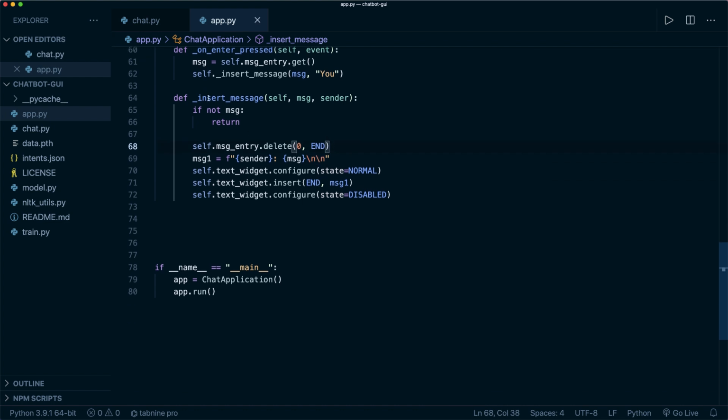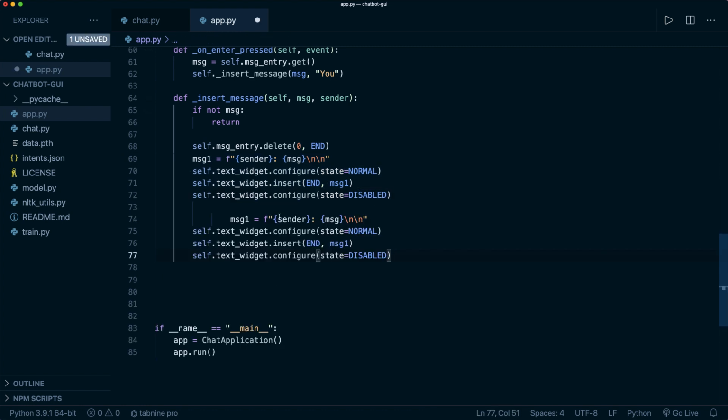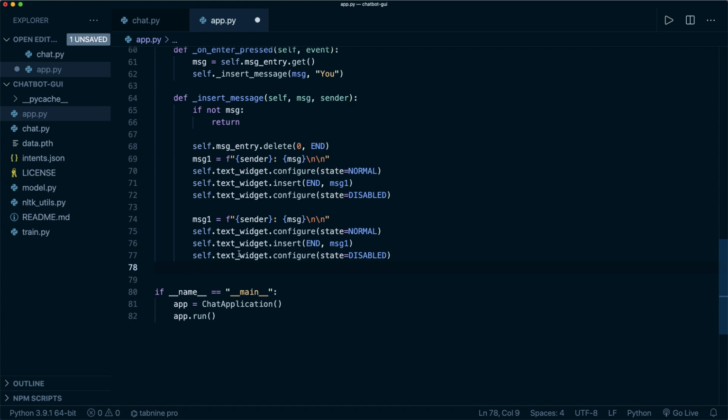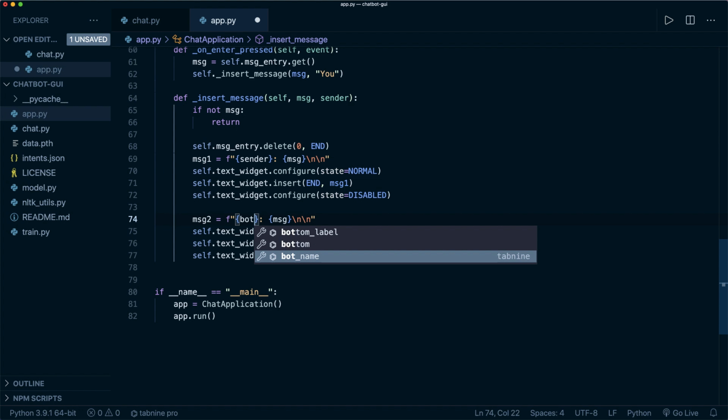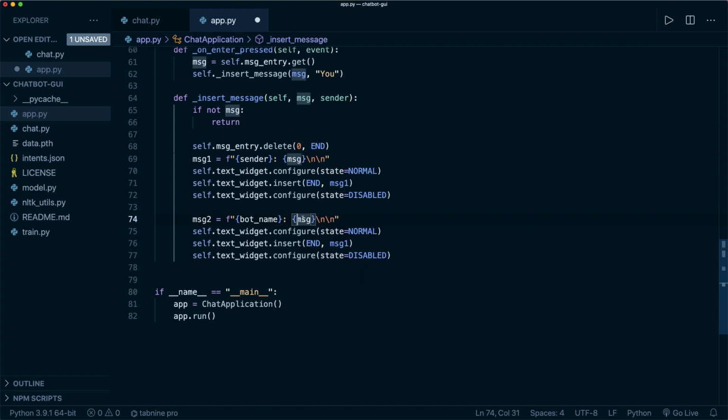And now what we want to do is we also want to get the response from the chatbot and display this as well. So for this, let's actually copy and paste this. This is pretty simple because we already have everything that we need for this. So here we say message, let's call this message 2. And here as the sender, we want to use the bot name that we imported. And as the